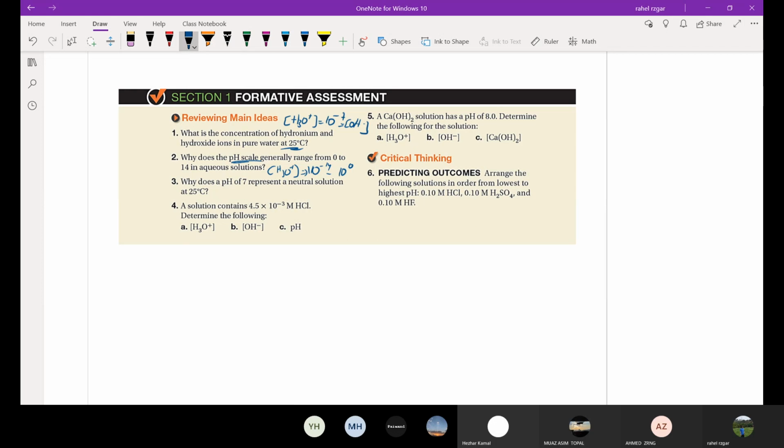Why does a pH of 7 represent a neutral solution? Because at pH of 7, the concentration of H3O is equal to the concentration of OH, which is equal to 10 to the power negative 7 molar. So at this concentration, where OH and H3O are both equal, when we want to find pH, it will be